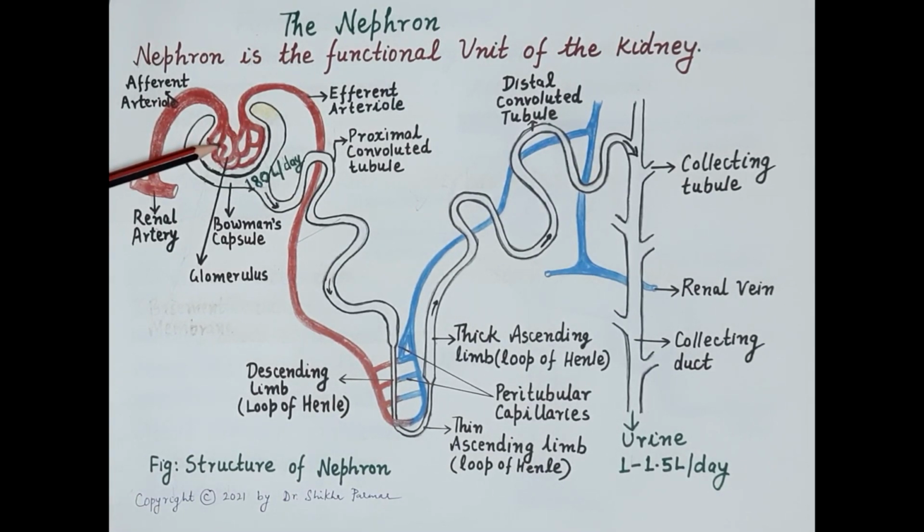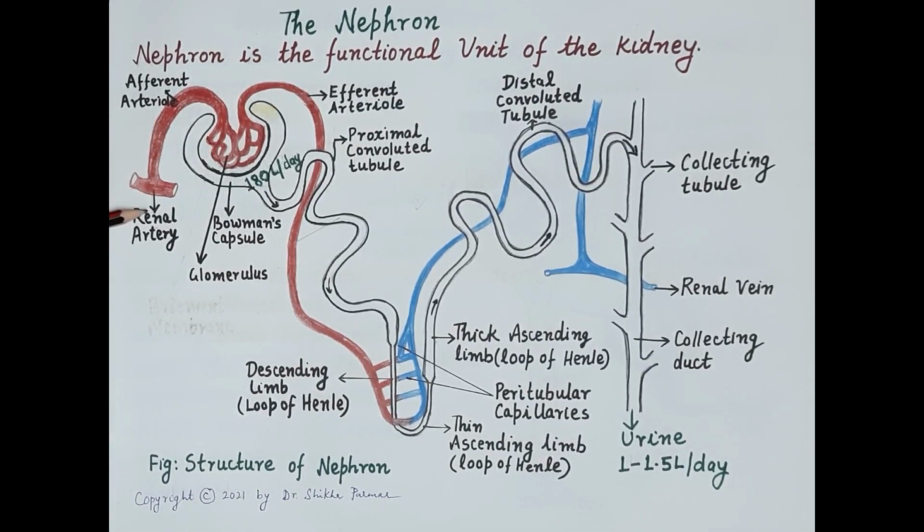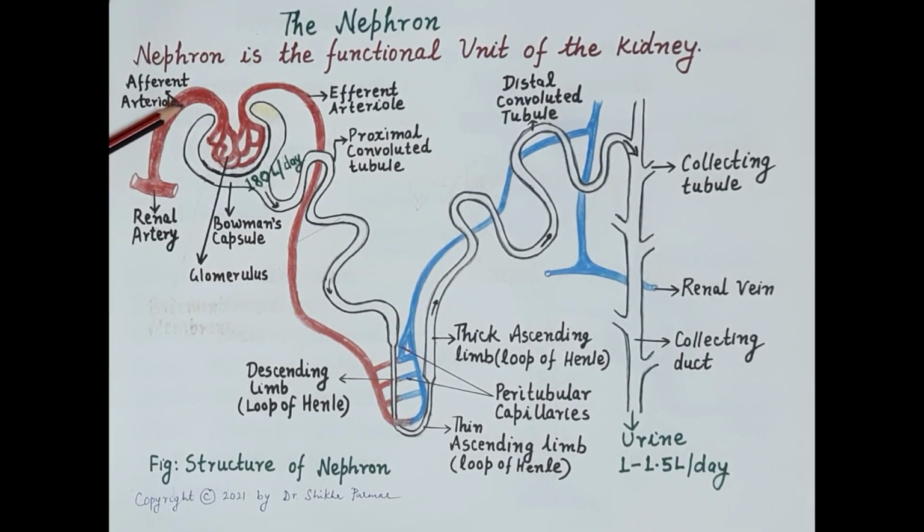filtration of blood. Now renal artery is the artery that supplies the blood to kidneys and about 20% of blood that is pumped by the heart is supplied to the kidneys. So renal artery branches into smaller arteries termed as afferent arterioles, and this afferent arteriole carries the blood to the glomerulus, and the blood that is present in the glomerulus is filtered and the filtrate passes